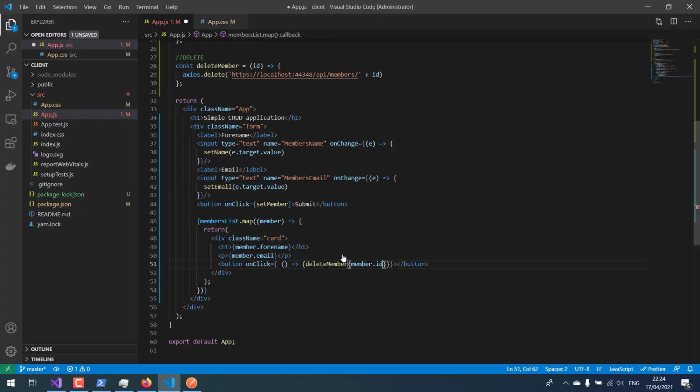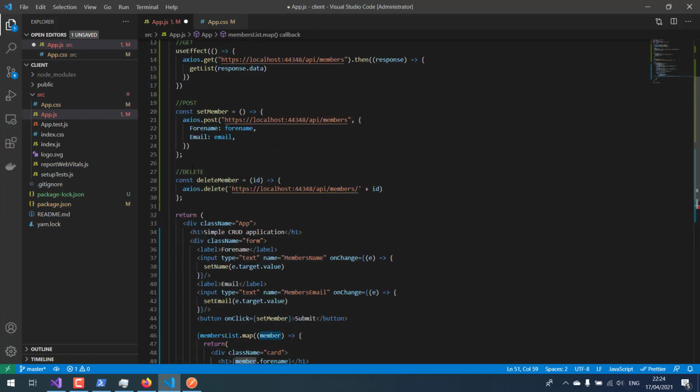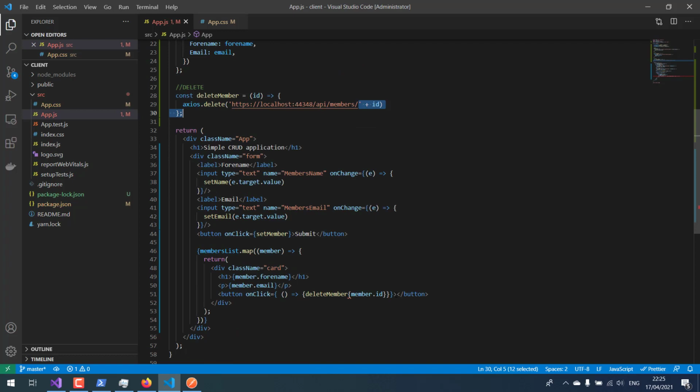And now when we set that member ID, that ID will come here, therefore will come here, and that member with that ID gonna be deleted straight away. So I'm gonna just say delete member,